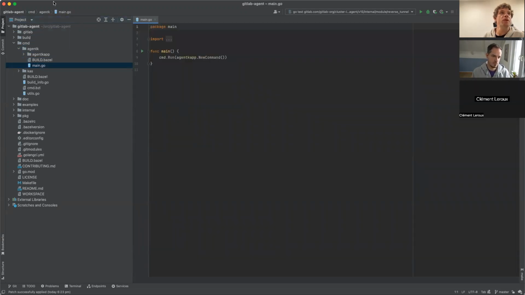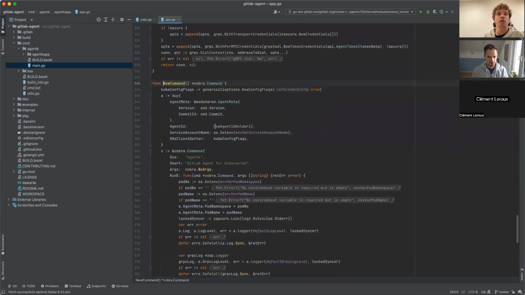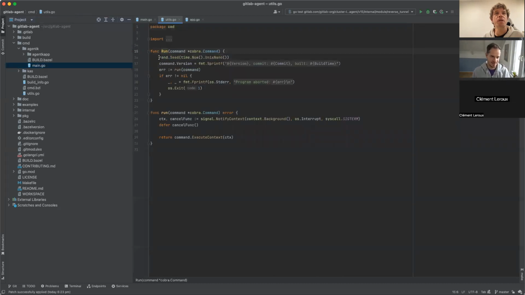This is our main of the agent. We use Cobra and we run that thing. It's just various plumbing here, random seed generation, and the context tied to signals. Then we run the command. The random stuff didn't use the math package? Well, it seeds the